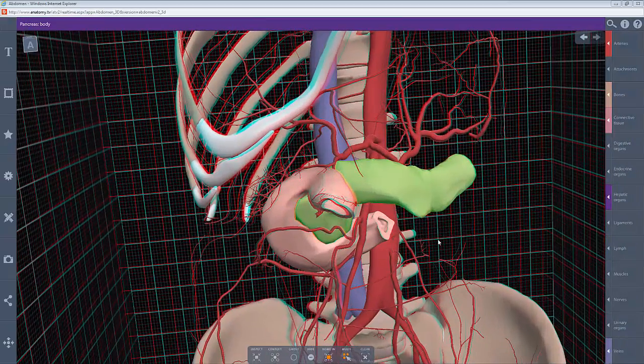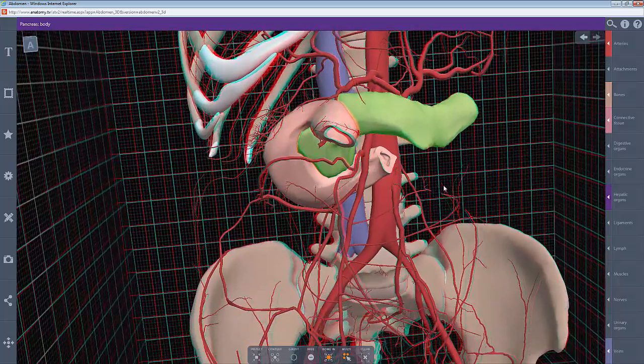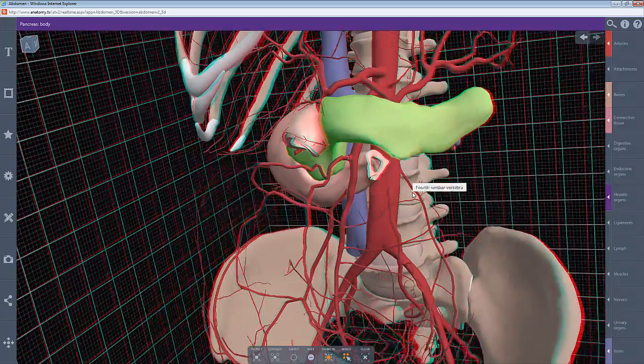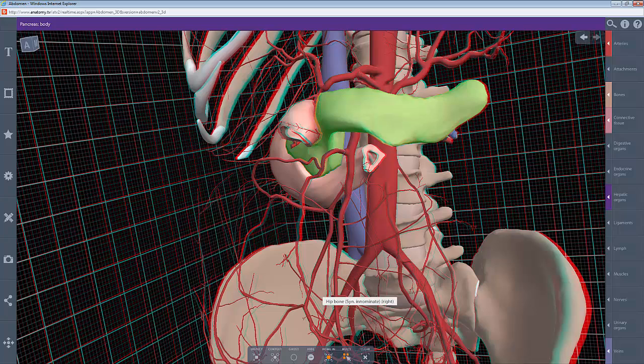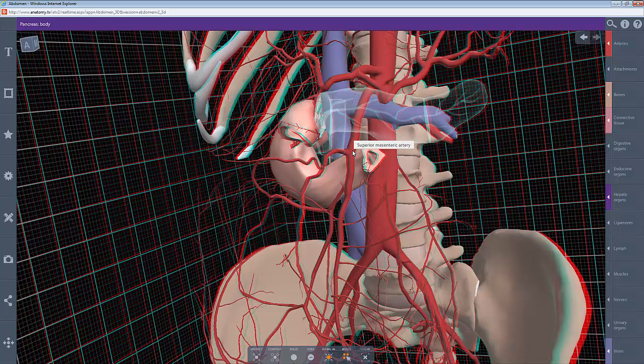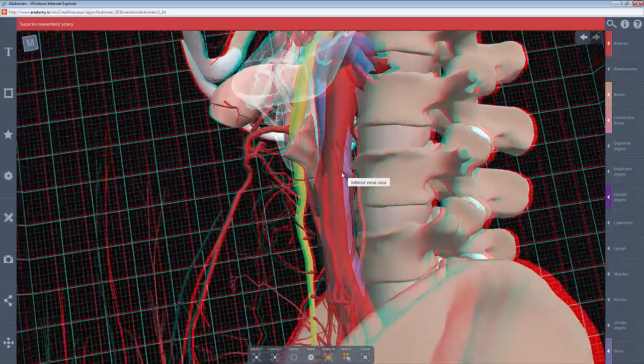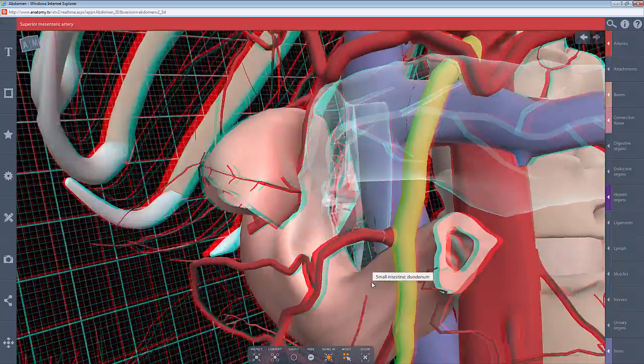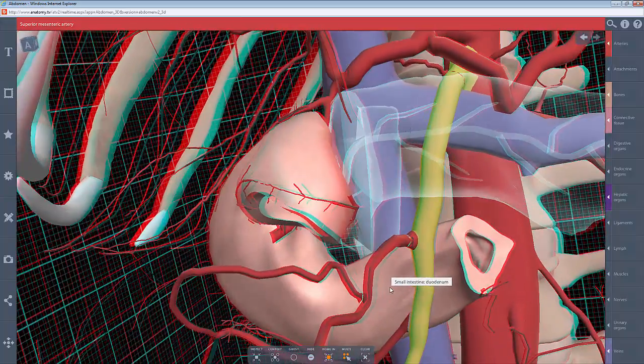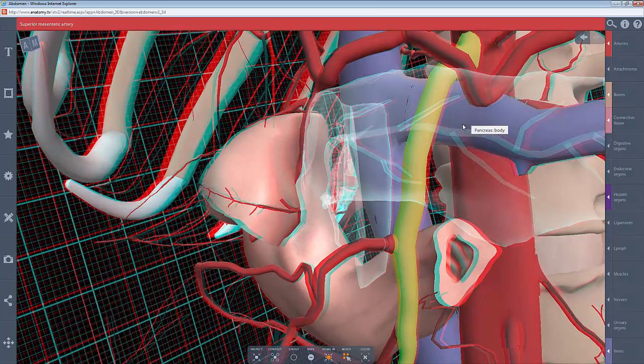So let's have a look at one more thing here, which is an important clinical correlate for us to know. Look at the pancreas, which is highlighted here in green. Now I'm going to hide or ghost through the pancreas so we can see the underlying structure. Right here is the superior mesenteric artery, and if we have a look at it laterally from the side here, you can see that the SMA will be passing anterior to the left renal vein, which is running from right to left here, crossing over the abdominal aorta, and the SMA also crosses anterior to the third part of